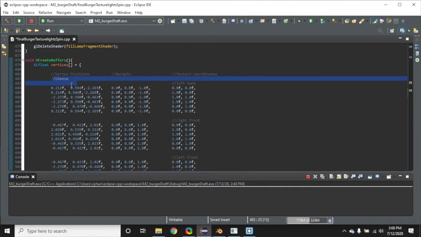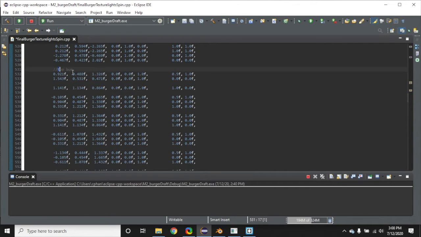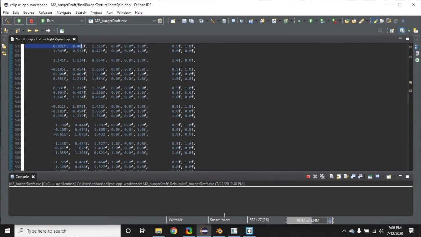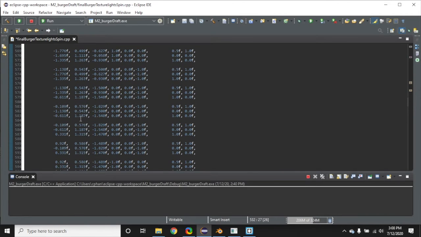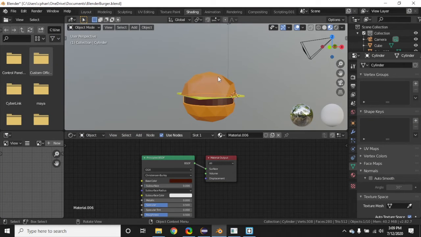And I've got each shape sectioned out. The first part is cheese, something simple, flat and cube, then the top portion of the bun, going on down, and this was quite tedious to type in all of the vertex positions from Blender, clicking each